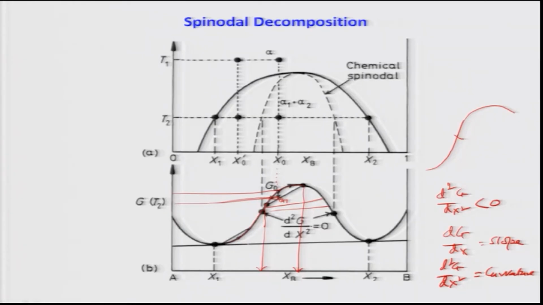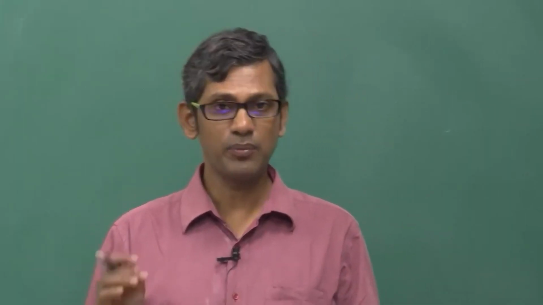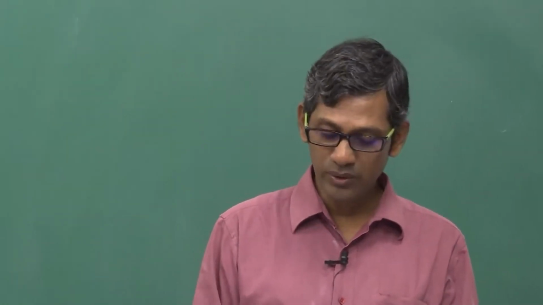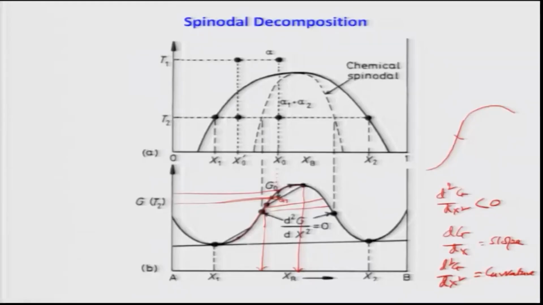So, this decomposition which is happening spontaneously, leading to two phases, A rich and B rich, can easily happen without even the requirement of nucleation. This is something which is not easy to understand. This is a spontaneous process, it does not require any nucleation, and so corresponding to these points we can draw another